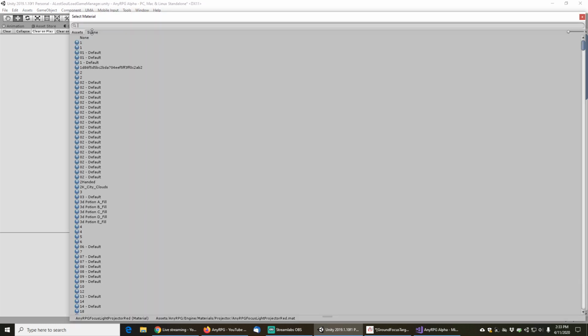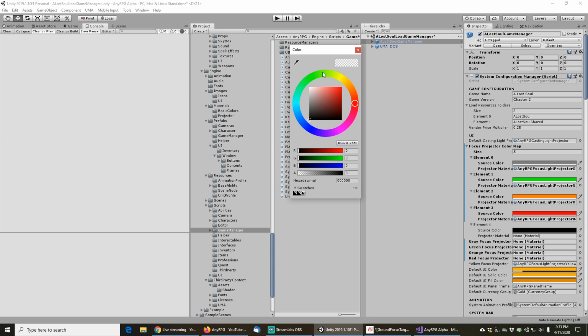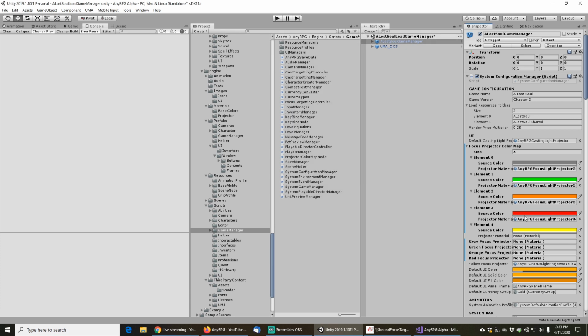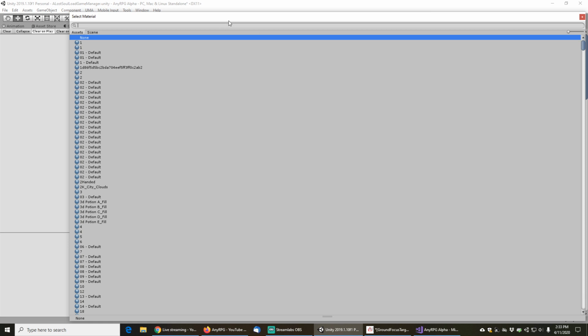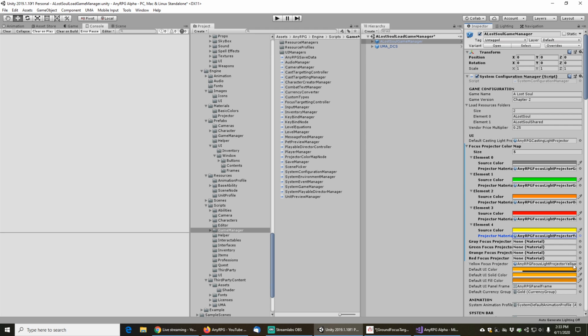We can get rid of the projector red there, and then we want to do source color, and in this case we want yellow, so full red, full green, and map that to projector yellow. Then we can get rid of yellow focus projector, and we can apply that to the game manager prefab,